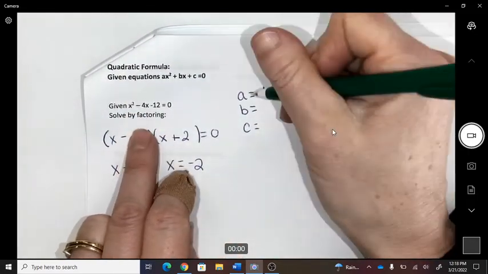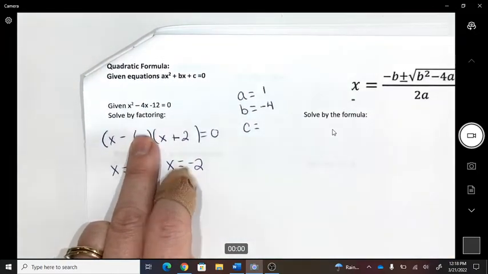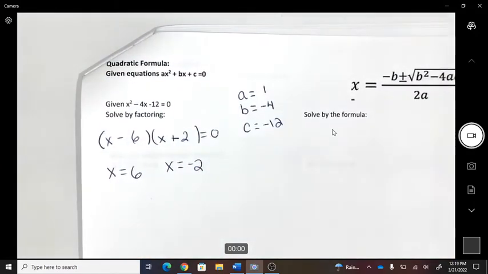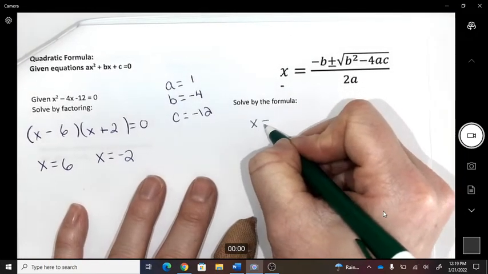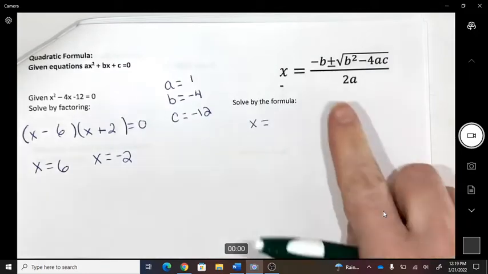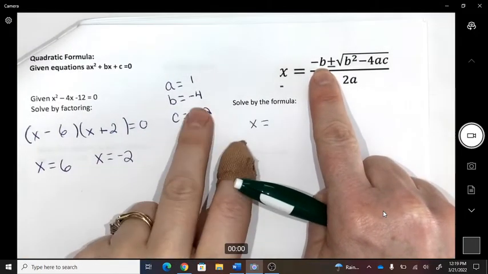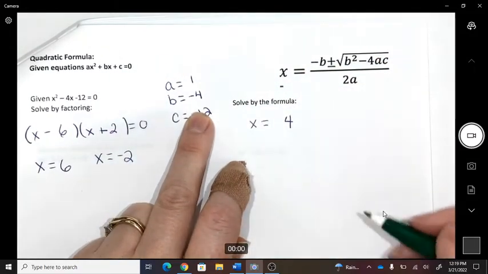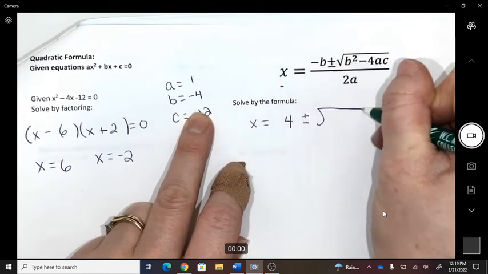B is negative 4, and C is negative 12. Okay, so x equals negative b, so I write the opposite. So I would go plus 4 instead of negative 4, plus or minus the square root of,